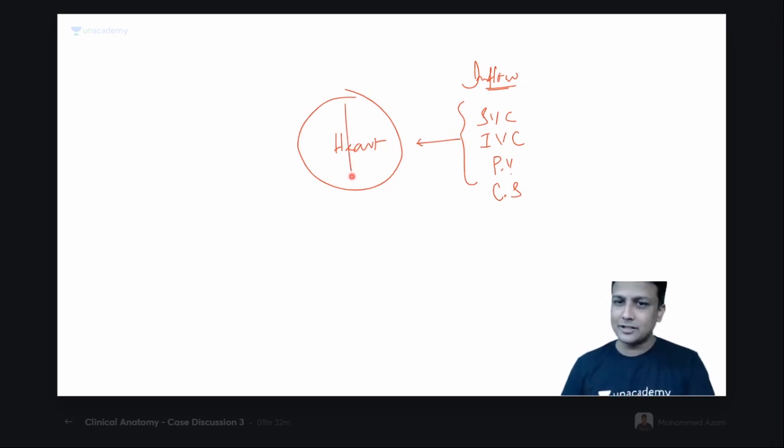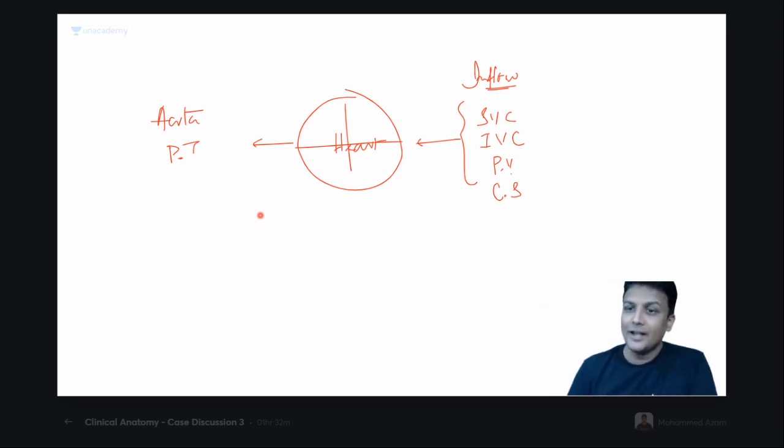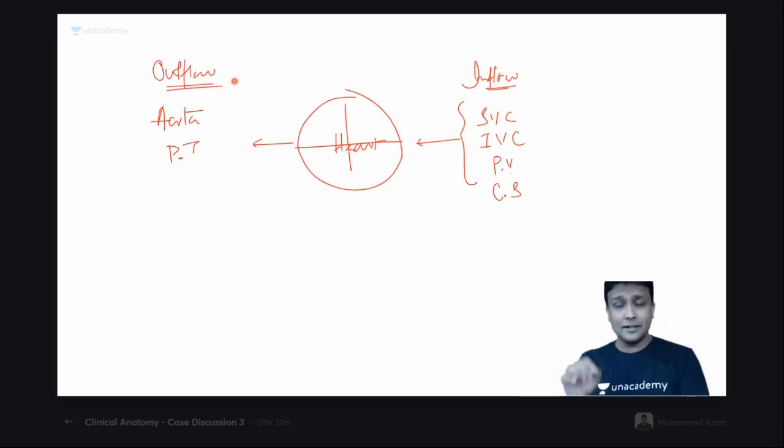And our heart, you just imagine, what is there in the heart, guys? The 4 chambers. We have been learning from school days, upper 2 atria and the lower 2 chambers will be ventricles. They are going to pump, and the blood is going to pump out. Come on. Who is going to take the blood out? Number 1, aorta, and number 2 will be the pulmonary trunk. है ना? Aorta is going to take the blood from the left ventricle and the pulmonary trunk from the right ventricle. Can I place these two under outflow category? Hello, my dear doctors, come on. Can I place them under the outflow category? Of course, they are going to carry the blood out of my heart, aorta and the pulmonary trunk.